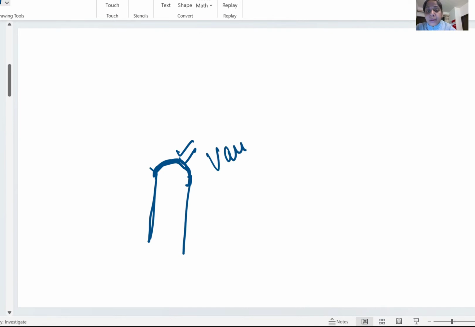Now, this vault can also prolapse. What is the surgery we do for vault prolapse? We fix this vault. Posteriorly lies which bone in the pelvis? Sacrum. So we fix this vault to the sacrum and it is known as